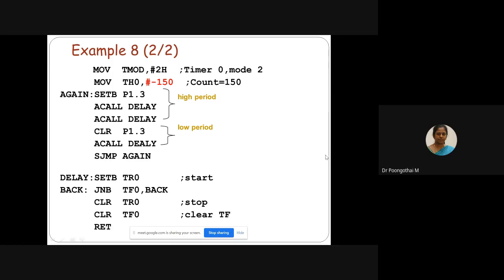So how many clock cycles are required to set your overflow flag? 106, ma'am. 106 கிடையாது. That is the confusion. இப்ப பாத்தீங்கன்னா you are subtracting 150 from 256. So எது வரைக்கும் போகும் பாருங்க. The answer will be 150 clock cycles. So that is the inference. இப்ப நீங்க என்ன போடுறீங்களோ this much amount of clock cycles are required to set your overflow flag. 150 clock cycles are required.